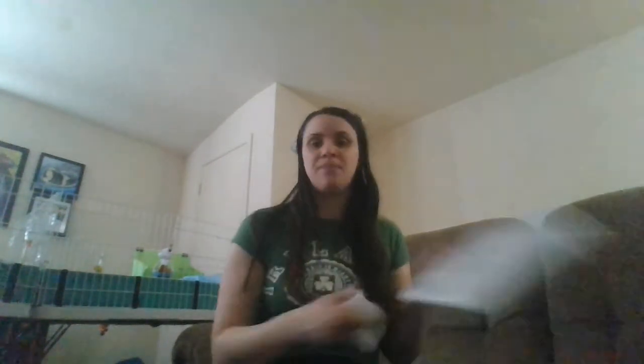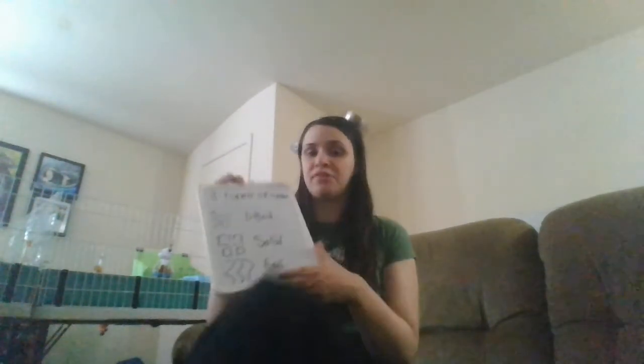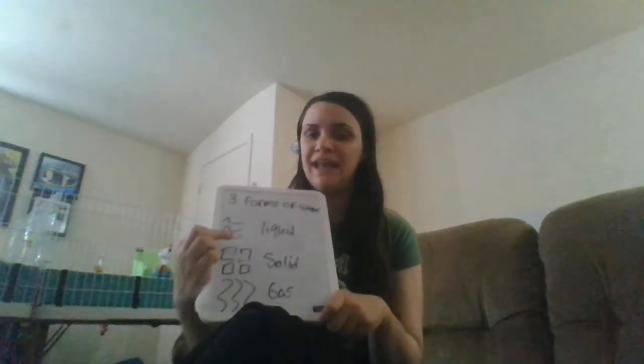Again, you can see that if you're making pasta and you put the lid on the pot, you'll see there's little drops of water on the top. How did that happen? Well, it got colder again and it condenses or turns back into a liquid. That's actually, interestingly enough, how clouds are formed. We're going to talk about that tomorrow, okay? How it rains in the first place. We're going to talk about the water cycle that causes all of our precipitation to happen. But this is just a little preview. So these are our three types of water. So one more time, we have a liquid, solid, and gas.